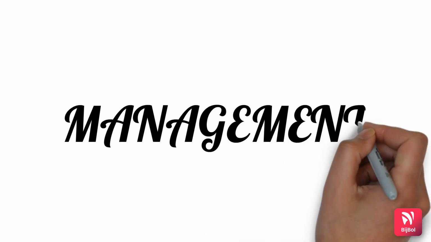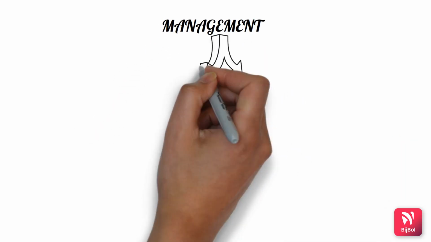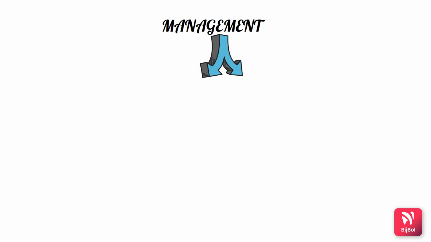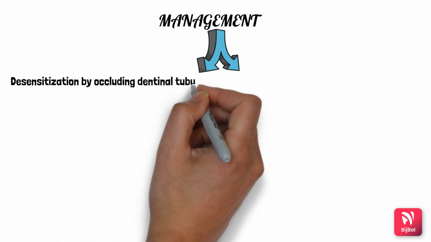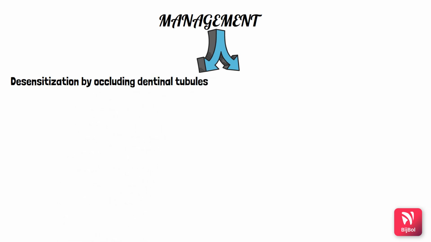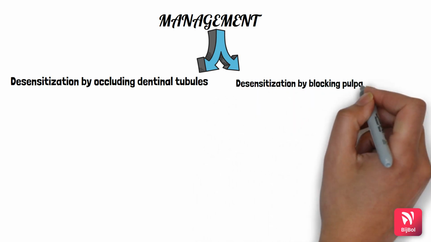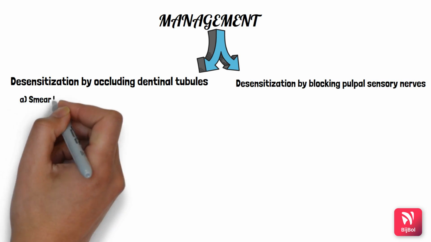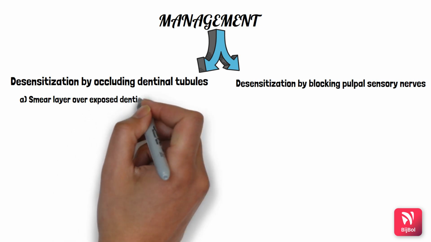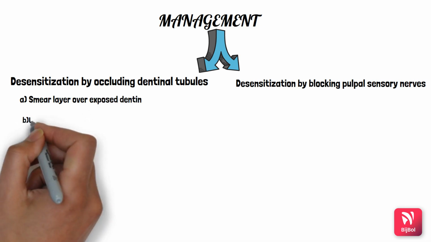Prevention is better than cure. Now we'll see the cure, that is, the management of dentinal hypersensitivity, which can occur by desensitization of the dentinal tubules or by desensitization by blocking the pulpal sensory nerves. The desensitization of the dentinal tubules can occur by formation of the smear layer, or by the use of